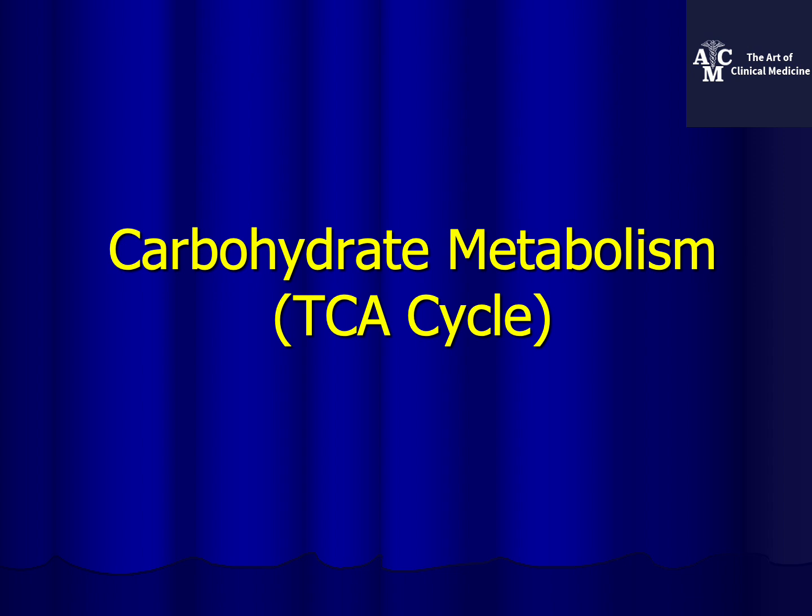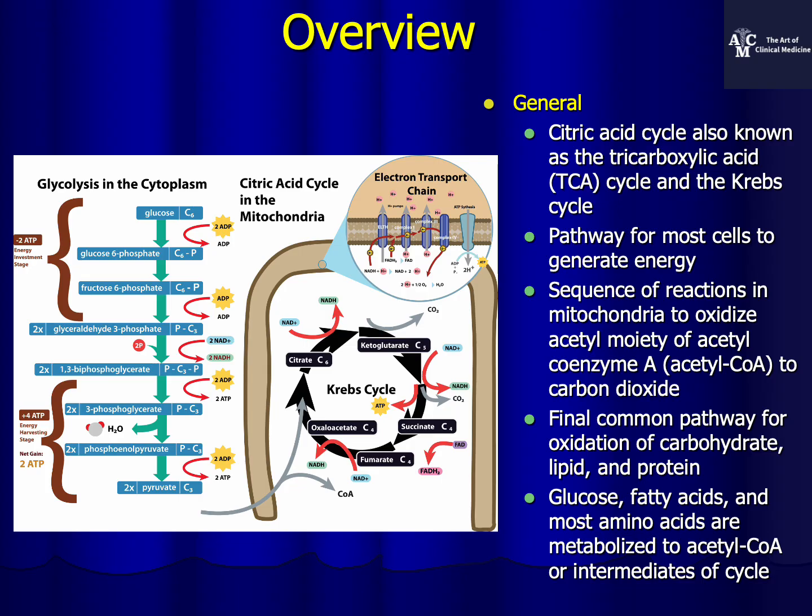Welcome to the next session on the tricarboxylic acid cycle, or Krebs cycle, or citric acid cycle, in the carbohydrate metabolism series. This session will continue looking at what happens after glycolysis to the pyruvate as it enters the mitochondria as acetyl-CoA. So the citric acid cycle is also known as the tricarboxylic acid cycle, or TCA, or the Krebs